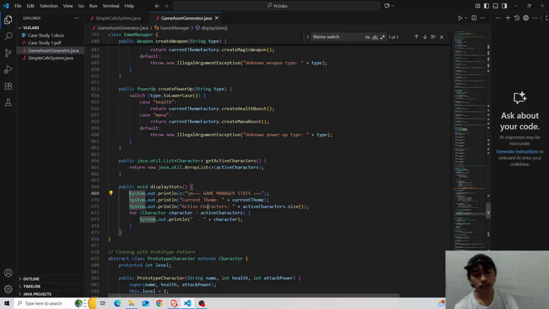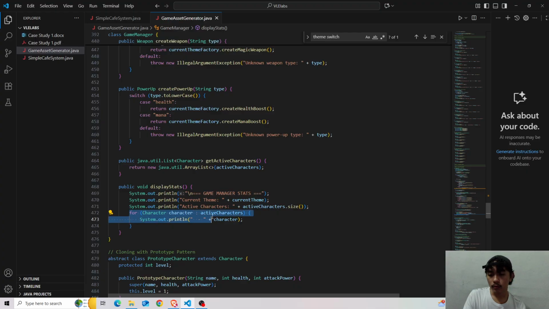Okay, so it has the current theme, and then active characters, which will be shown in its count number or size, and then it loops through the characters, the active characters only.